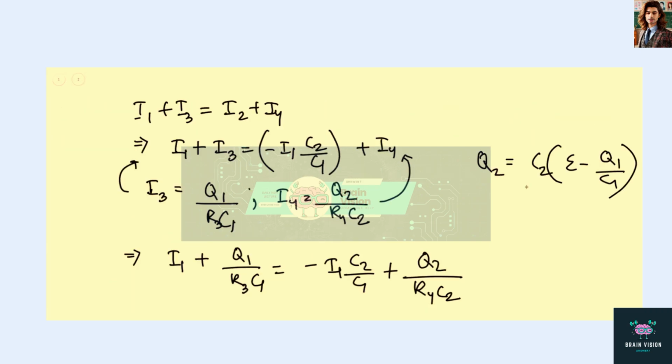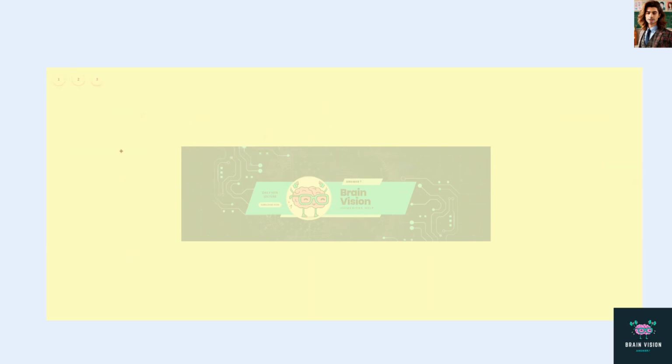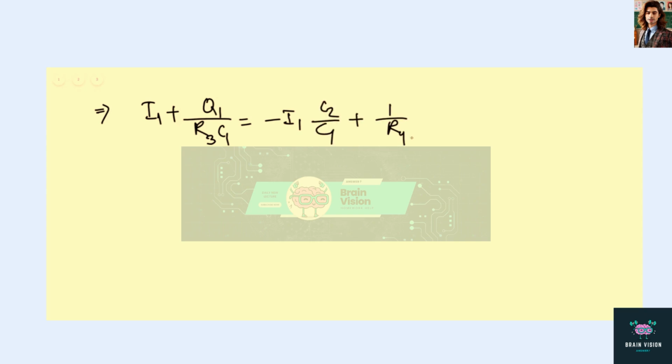Now we can substitute this into this equation. If we do that, we get I1 plus Q1 over R3C1 equal to negative I1 C2 over C1 plus 1 over R4 times the quantity EMF minus Q1 over C1. From here we can write the EMF to be I1 R4